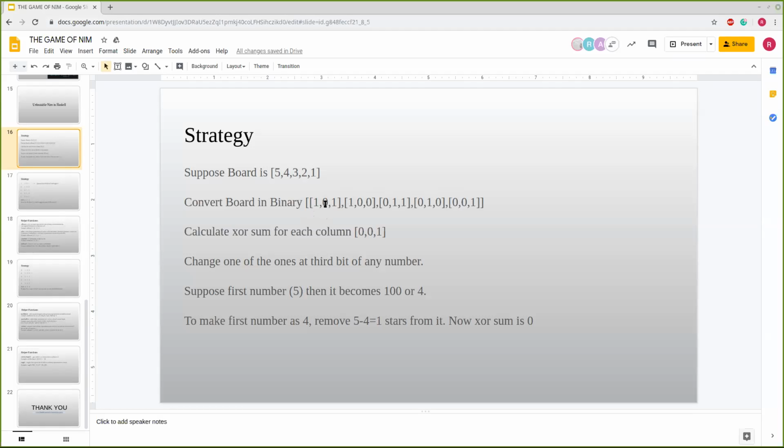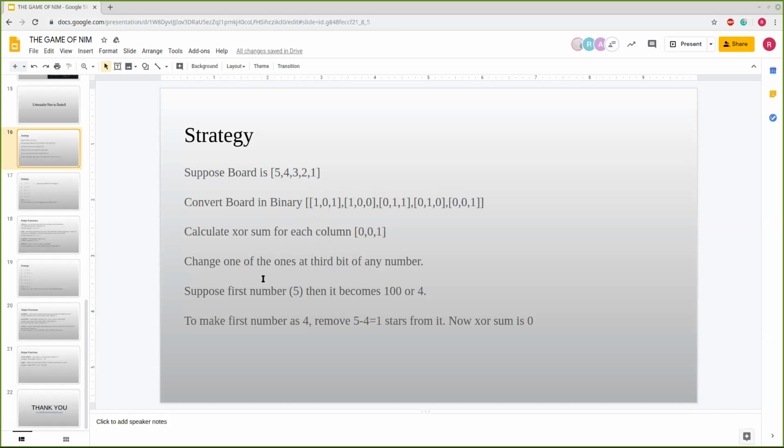Similarly for the second column it will be 0, but for the third column there are three ones, so the XOR will be 1. This is the precondition for winning: when the machine gets control, the XOR sum should not be 0. Here the XOR sum is not 0, so the condition is satisfied.